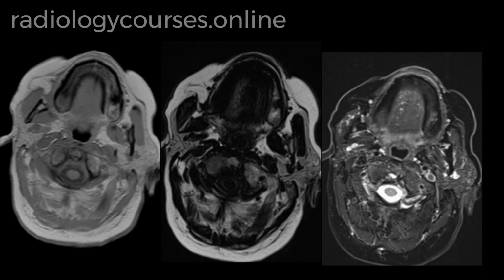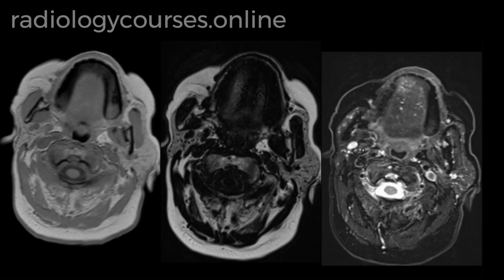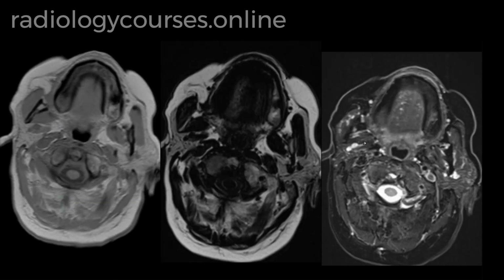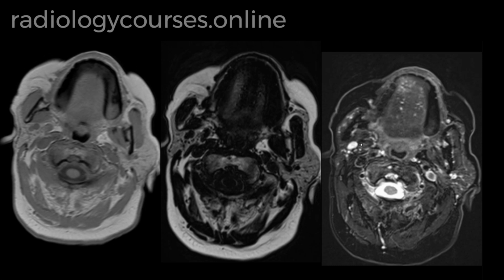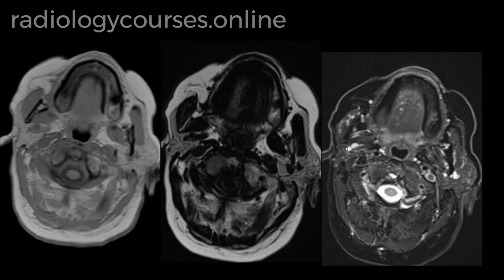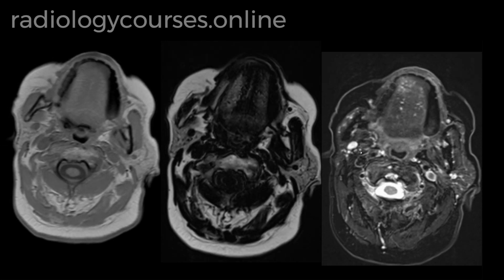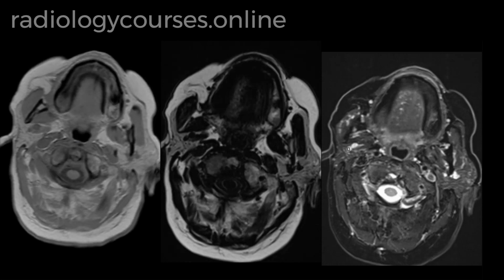Here are three sequences of MRI of the neck in an 80-year-old presented with a history of vague right-sided neck pain. MRI was performed. What we see on this MRI is this well-defined lobulated ovoid-shaped abnormal signal intensity area situated in the mid aspect of the right parotid gland, involving both